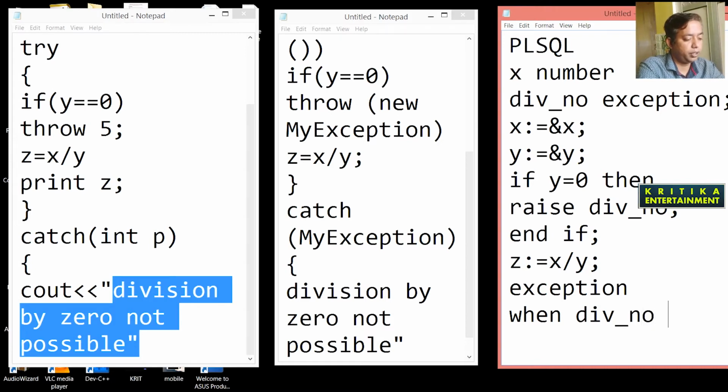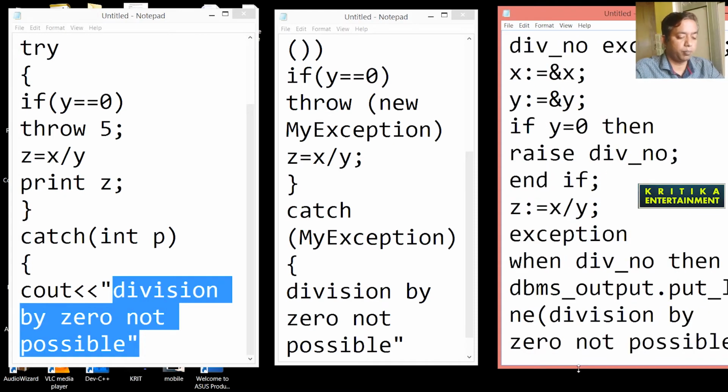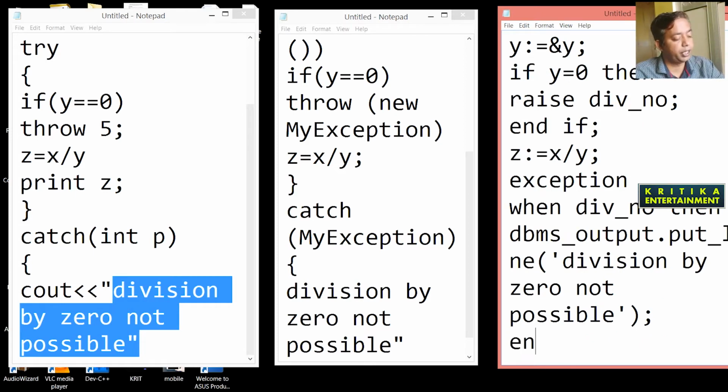So when div number, then write dbms_output.put_line. What will we print here? We will print the same message: not possible. Remember, here a single quotation is required. Then the END keyword will be there.